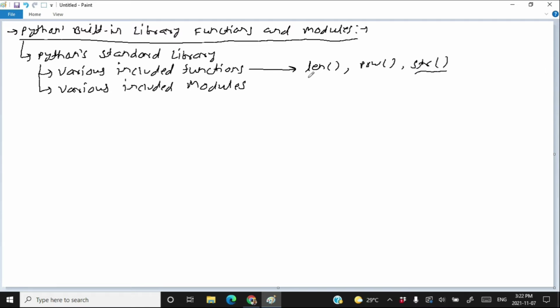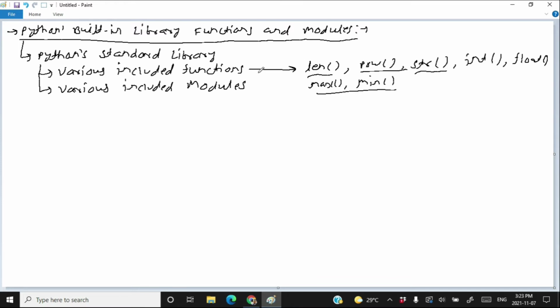We already have used these two methods. The int function, float function, list function, type function, max function, min function, we have used all these functions on many occasions without importing any modules.